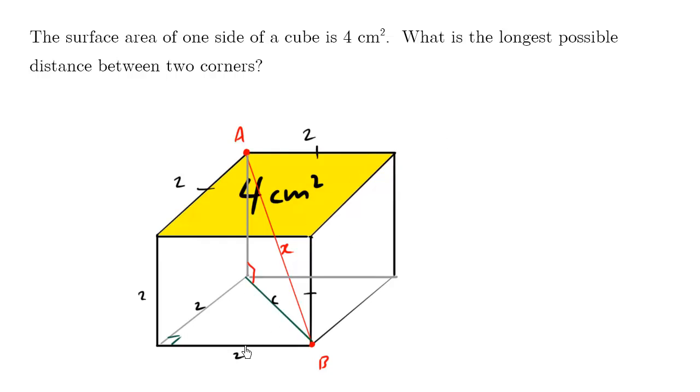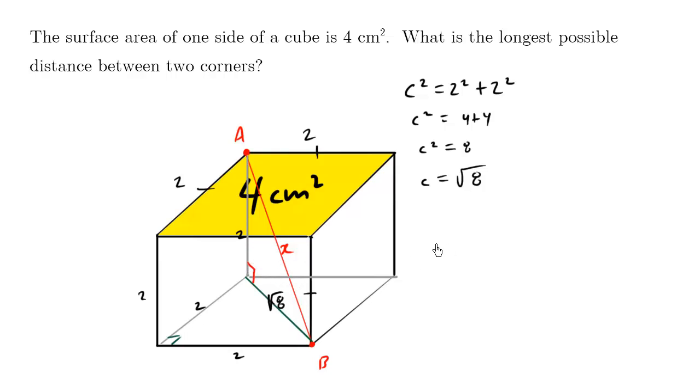We'll say, looking at this triangle here, c squared equals 2 squared plus 2 squared. C squared equals 4 plus 4. So c squared equals 8. C equals root 8. This value is root 8 centimeters. So now we can use the Pythagorean theorem again